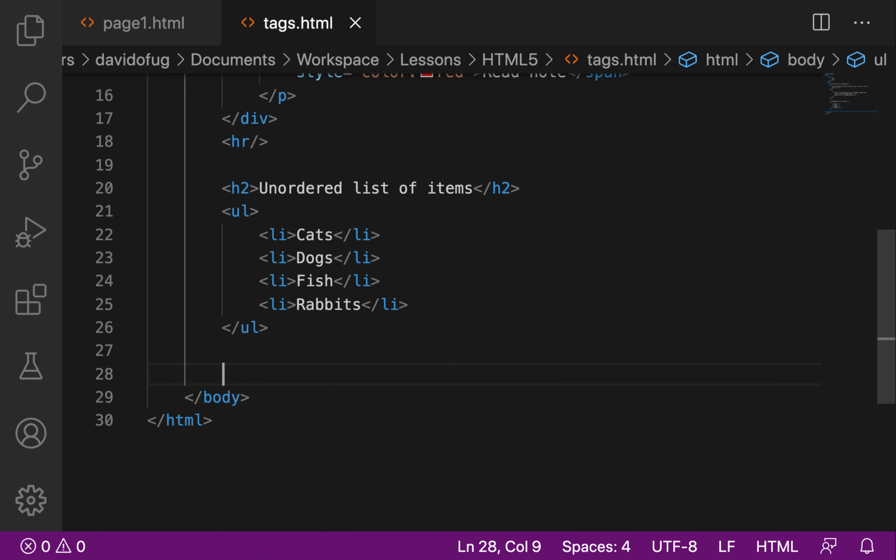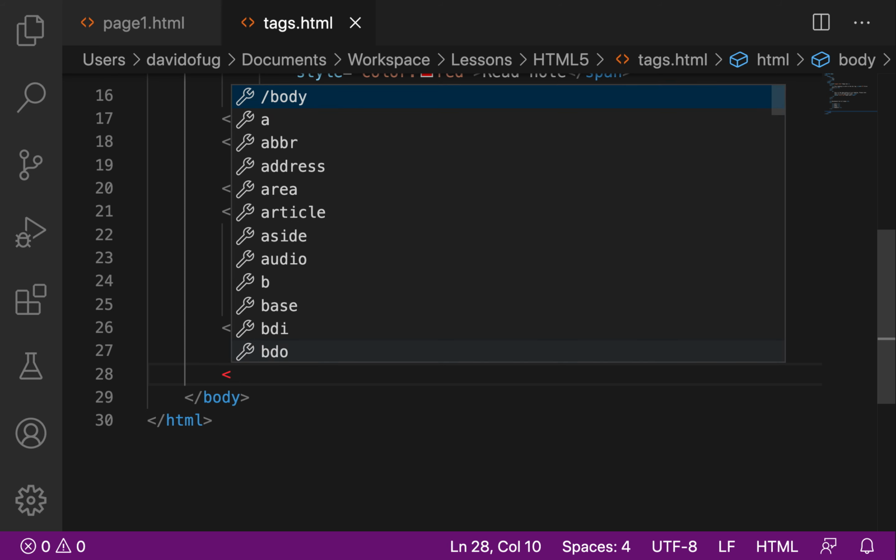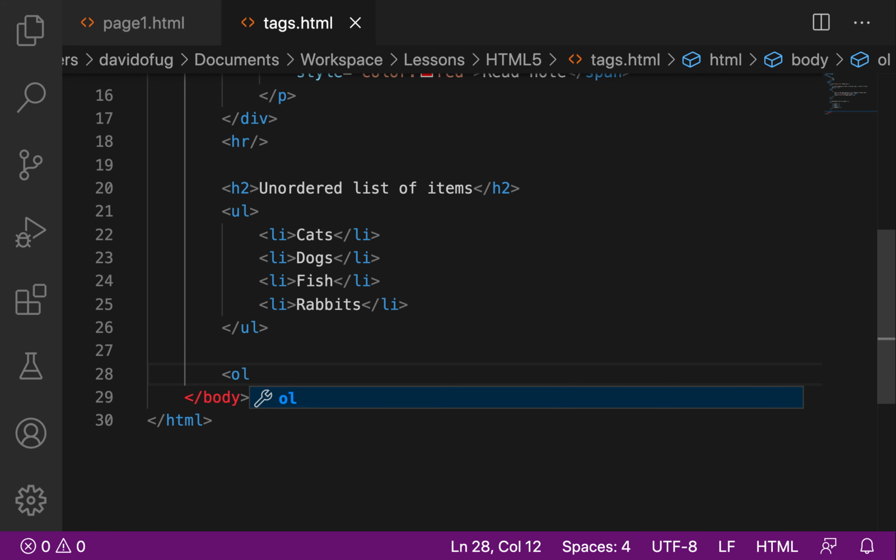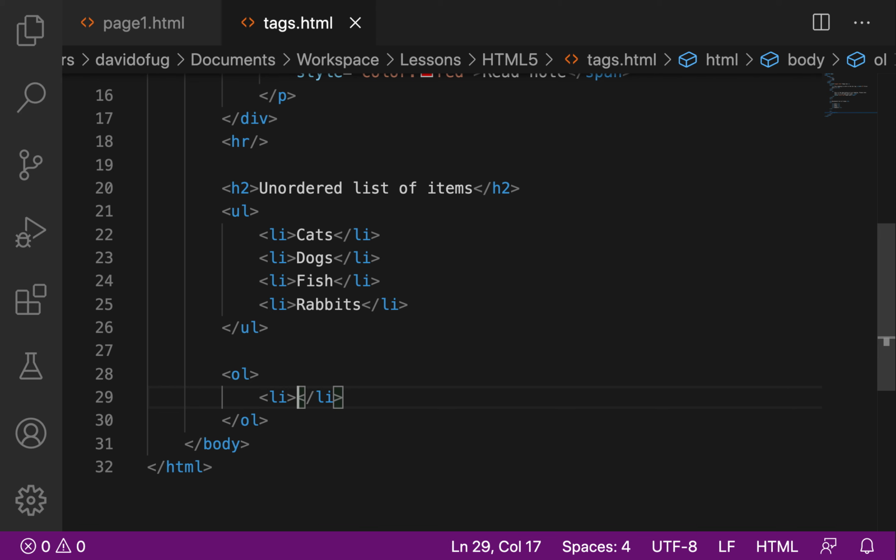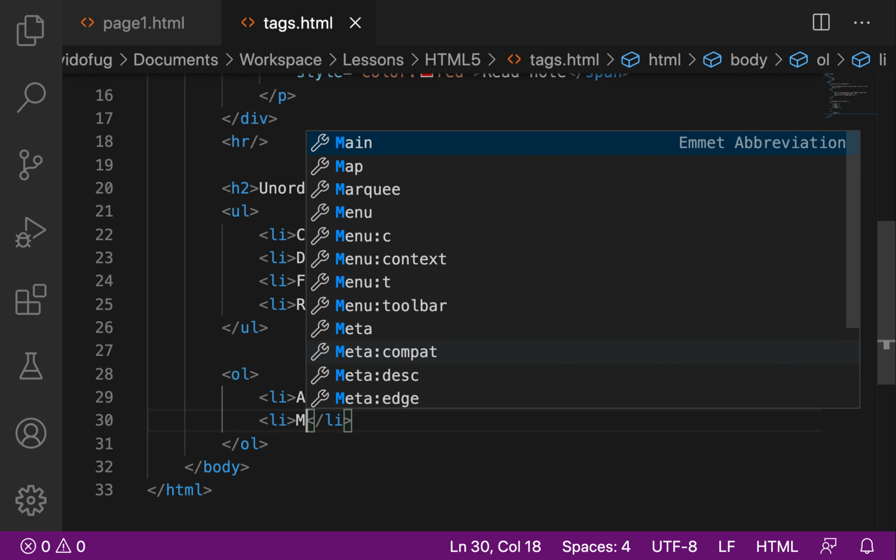So let's go back to the code and look at the ordered lists. The ordered lists are those that have numbers, and usually you write them with the OL tag. So let's say our favorite cars. Wow. What's your favorite car? Mine is that. Then,